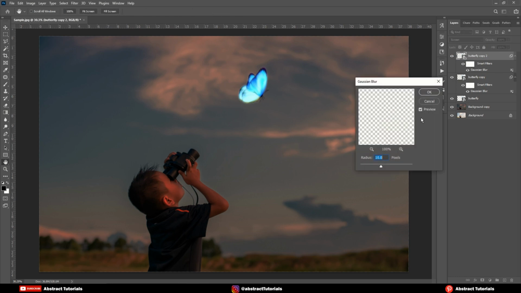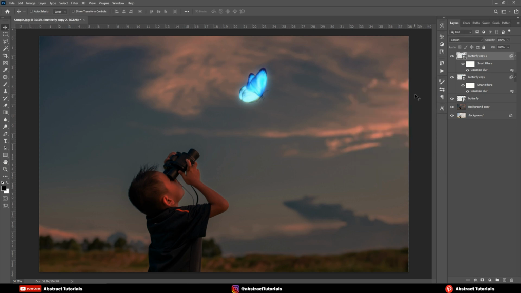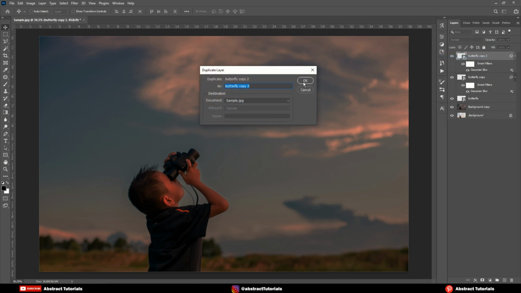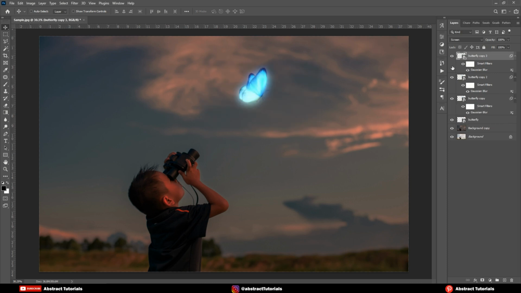Double-click on the layer effect. And then change the radius to 50. Repeat this procedure for 3 to 4 times and keep increasing the radius in every layer.